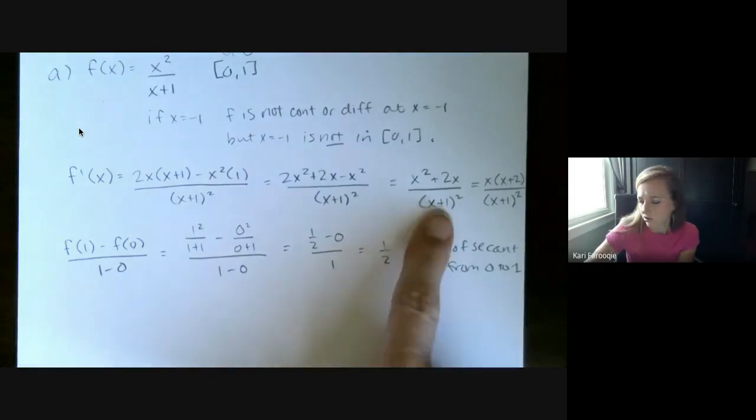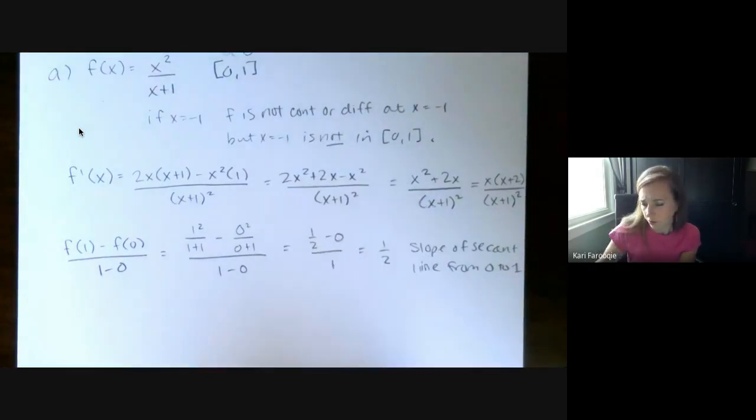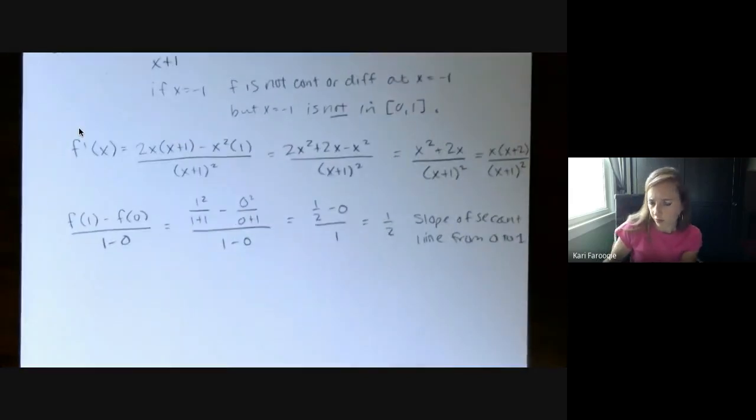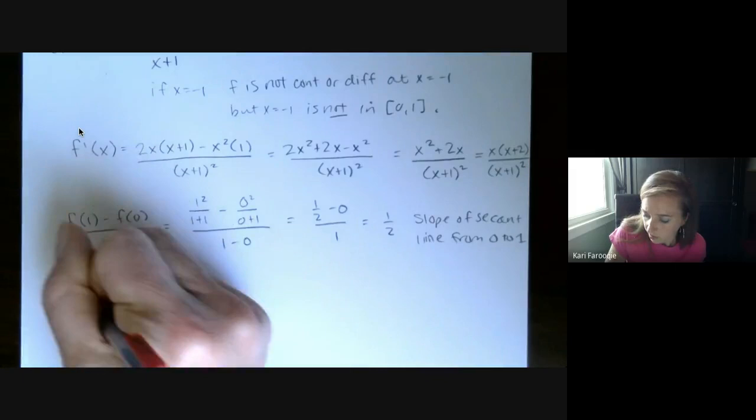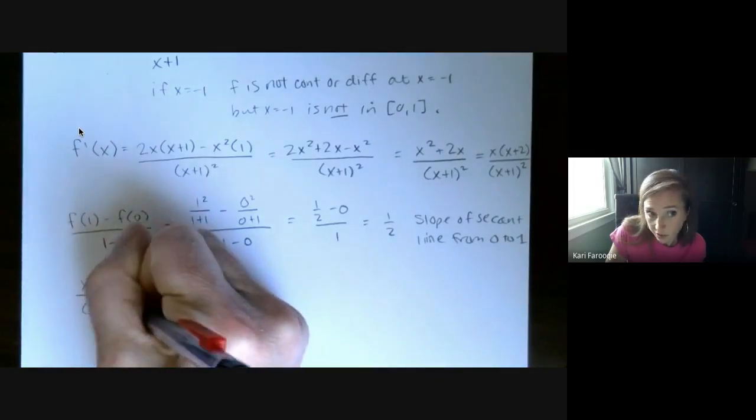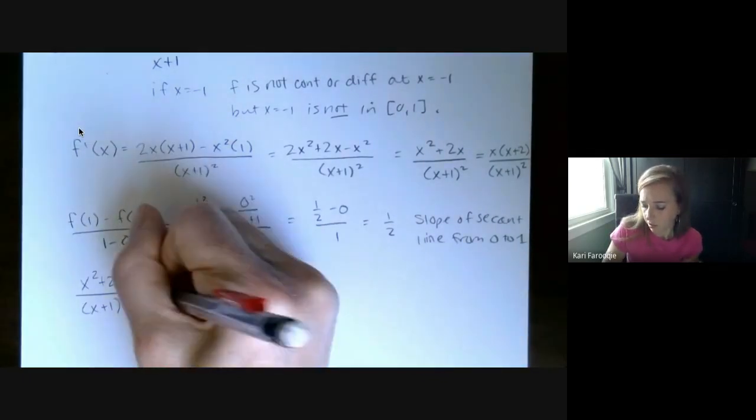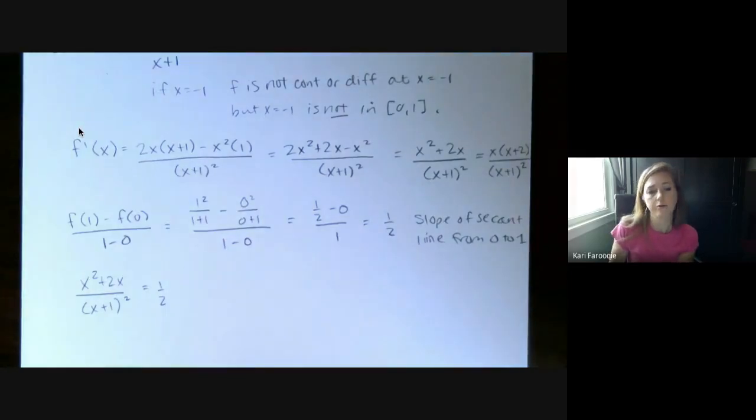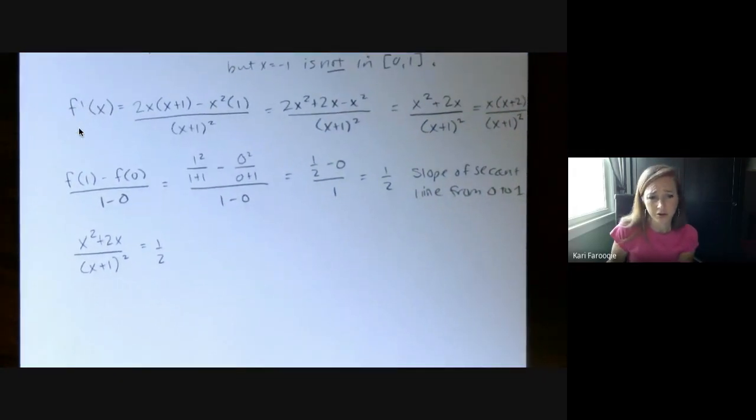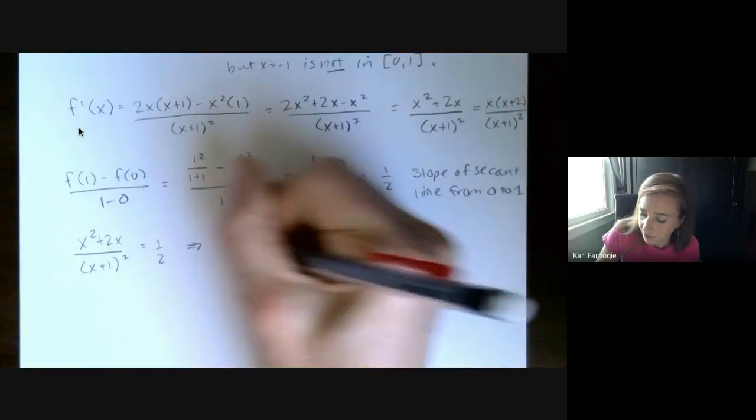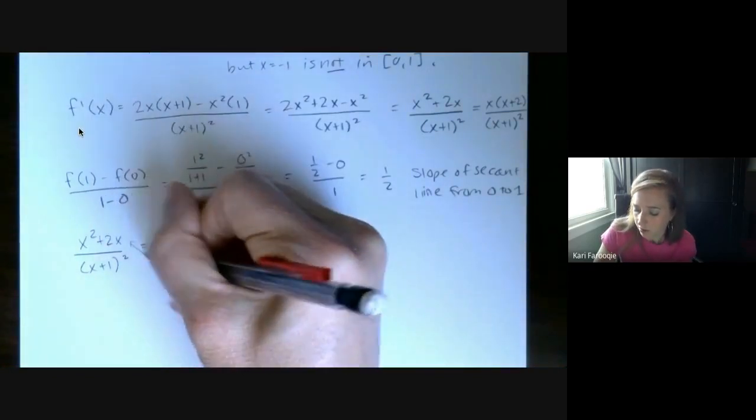You know, I might just go ahead and leave it in this form. I don't know if the factored form is really going to be that helpful. So I'm going to take x squared plus 2x divided by the quantity x plus 1 squared, and I'm going to set it equal to 1/2. And then it's kind of up to you at this point how you want to solve this, but I'm guessing you might want to cross multiply. So that's what I'm going to do. I'm going to multiply